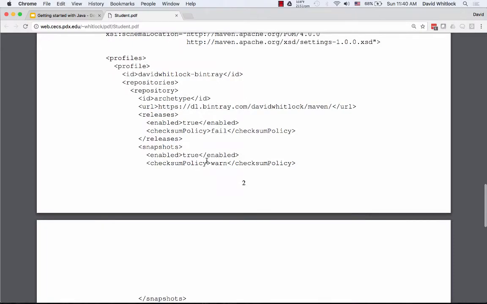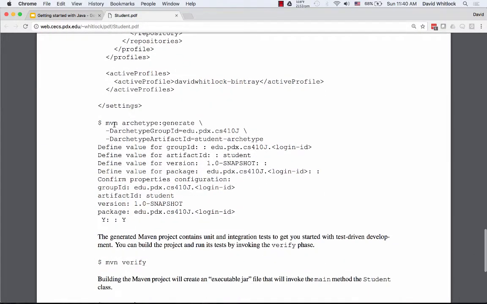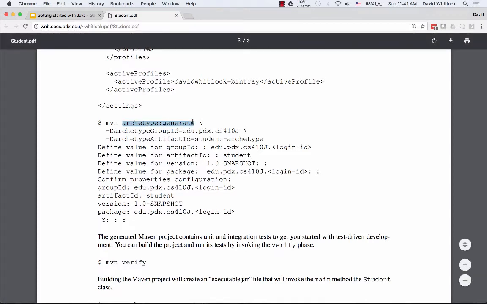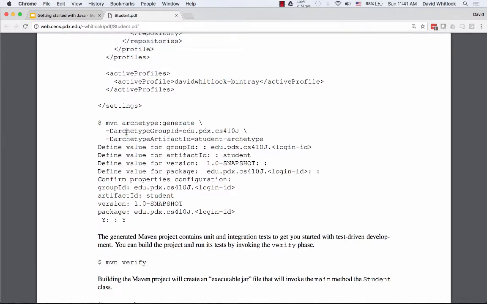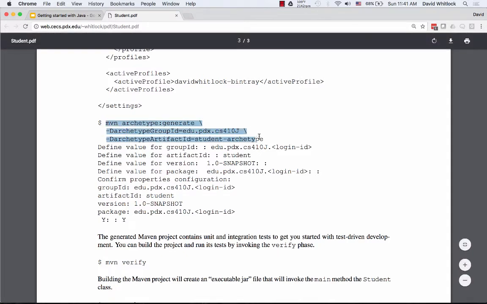So I'm going to scroll down here to the actual Maven command line. MVN stands for Maven, and the way you create a new project from an archetype is that you use this command line right here, which specifies that first of all, I want to generate a project from an archetype, and then you tell it the group ID. All artifacts in Maven have something called a group ID, which identifies the organization that produced the archetype, and then the ID of the artifact, which is the archetype that you want to then instantiate in your own project. So I'm going to copy this command line